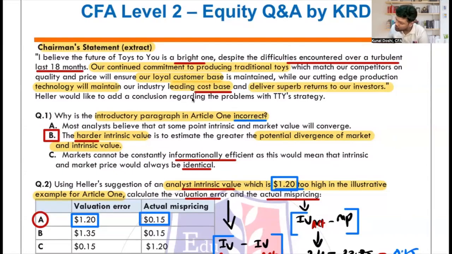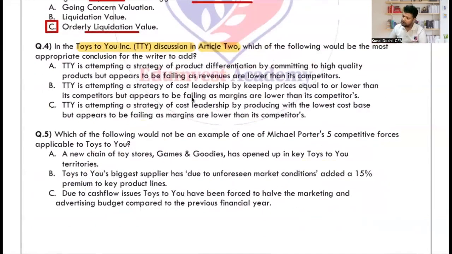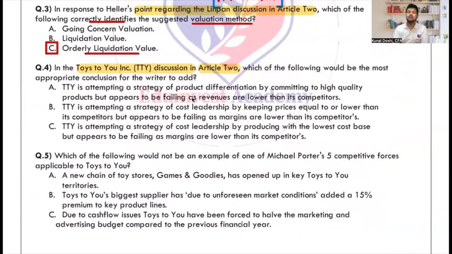Heller would like to add a conclusion regarding the problems with the strategy. Okay, no problem. So what is the conclusion here? First of all, we see poor revenue and income growth, right? So what would be the most appropriate conclusion? First, the company is attempting a strategy of product differentiation. Is it trying to do a different product? Is it true? Is it doing product differentiation? No, they said they are planning to continue the same, right? So is there product differentiation? No, correct. The company is attempting a strategy of cost leadership, true, by keeping the prices equal to or lower than its